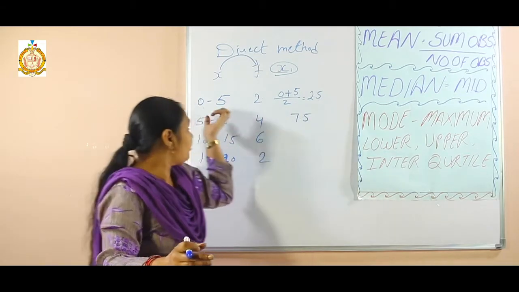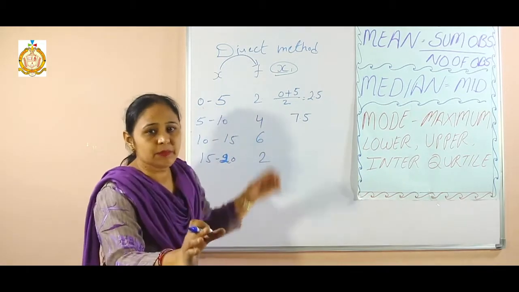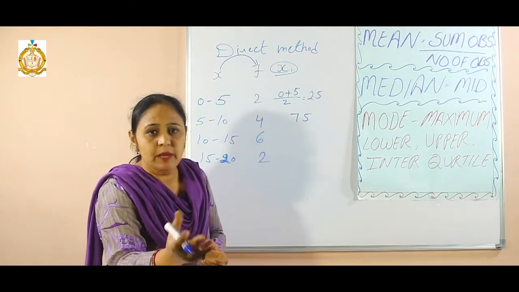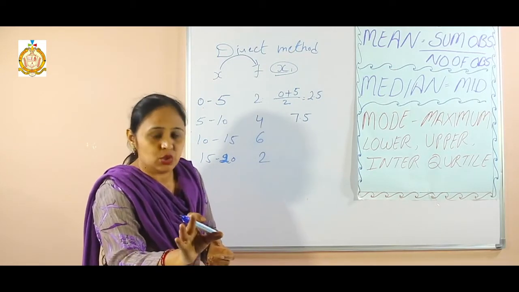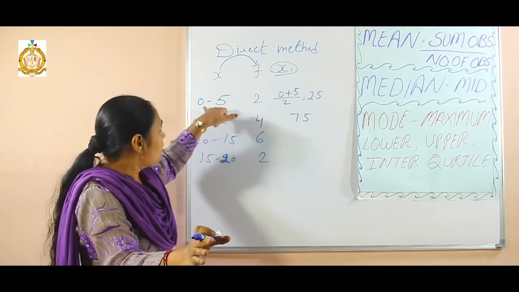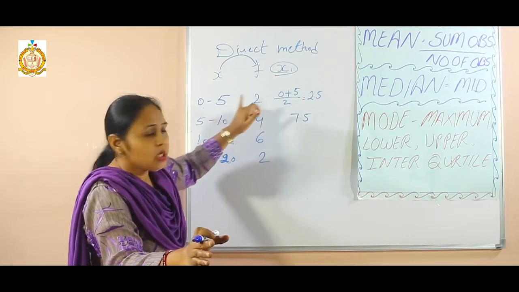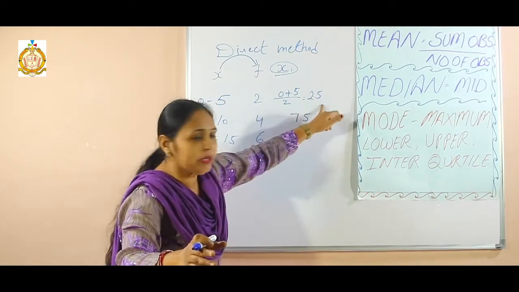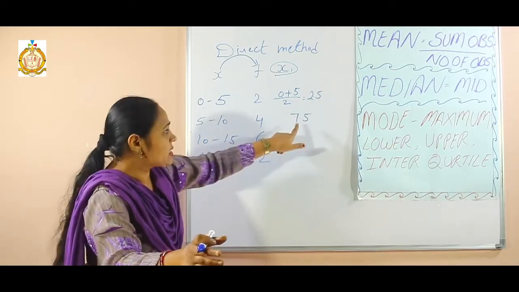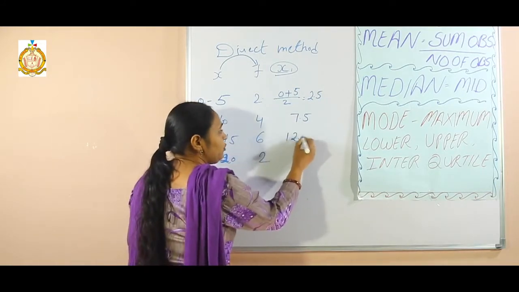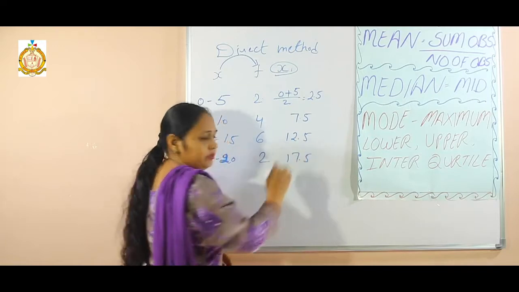If there is a bigger number, this will become time consuming, but we have no time in the board paper. So that's why we have to take this test. What is the difference between these values? That will be the same here, because 2.5, there will be 7.5. Next one 7.5 plus 5 becomes 12.5, then becomes 17.5.